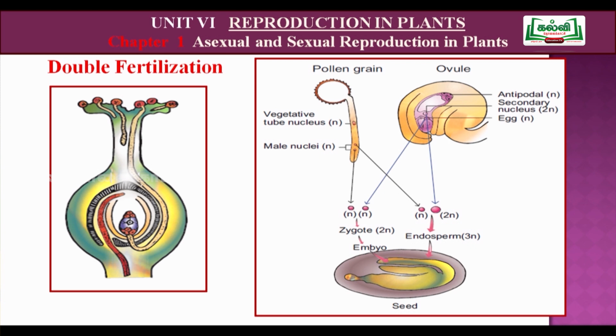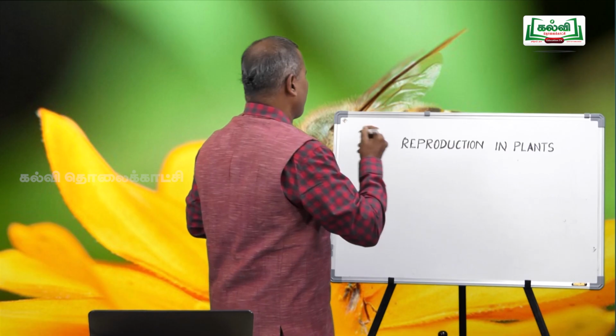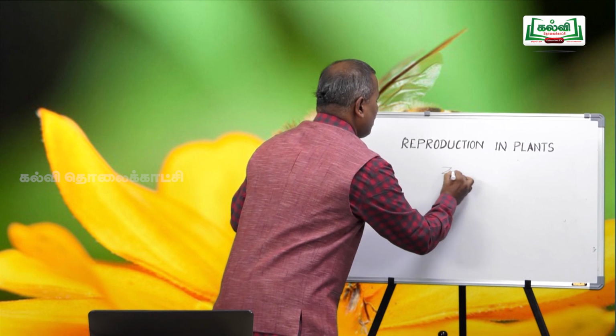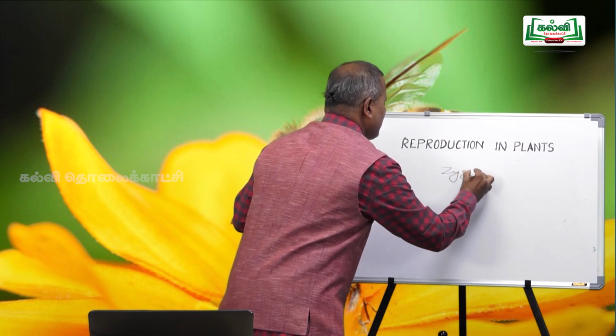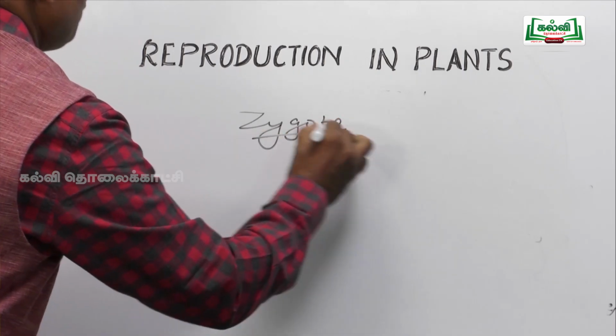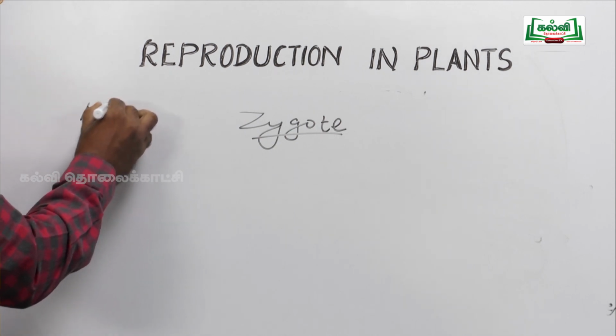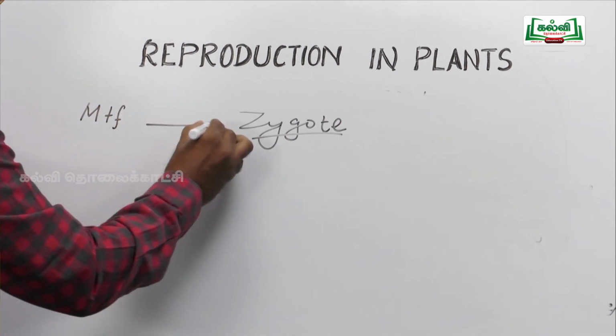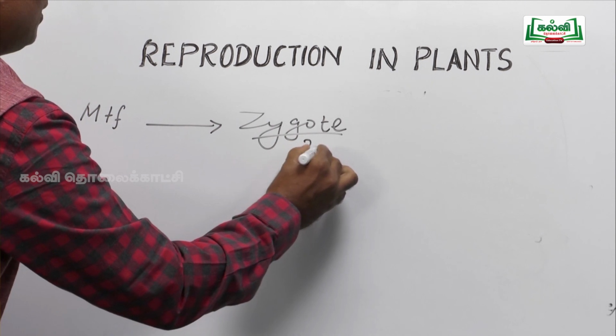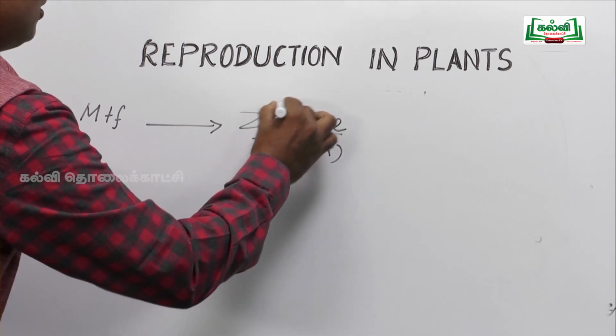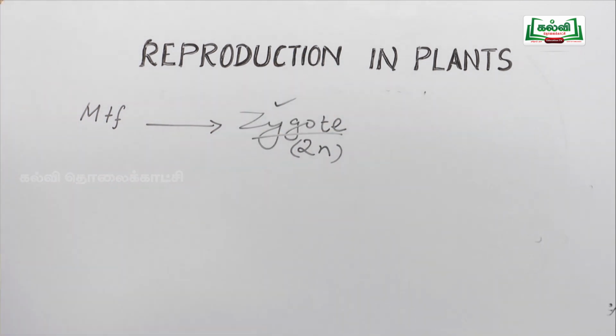What is fertilization? The fusion of male and female gametes, which results in the formation of a diploid cell called the zygote, is said to be fertilization. Fusion of male and female gametes results in the formation of a diploid cell called the zygote. The process is said to be fertilization. In flowering plants, double fertilization and triple fusion take place. At the time of